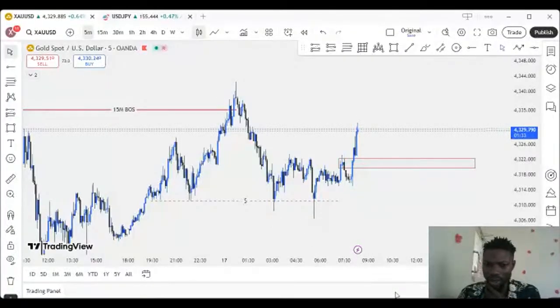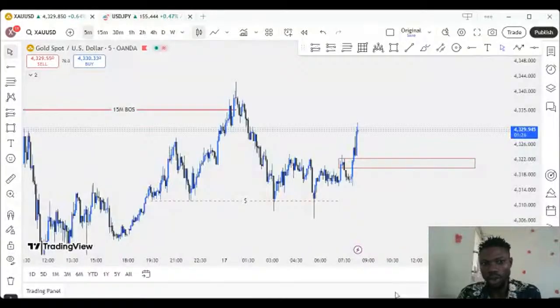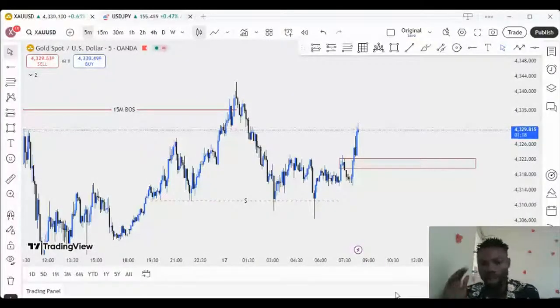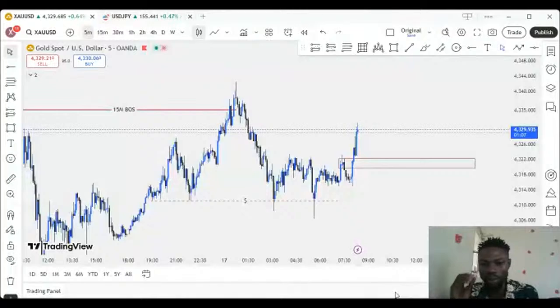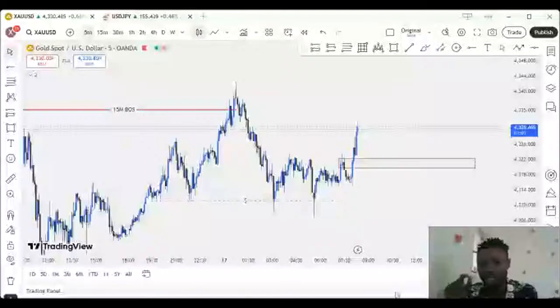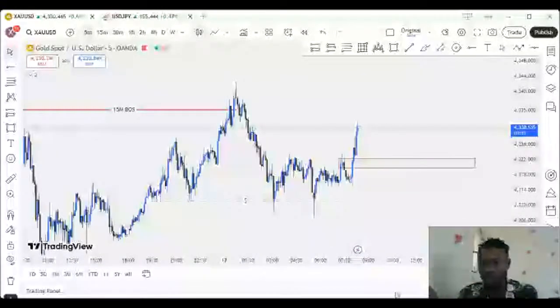And please, don't forget, like I always tell people, risk management is one of the key skills you can have in trading. If you don't know how to manage risk, even if you want to be a successful trader, you'll be losing, because there's no trader that does not have their own losses. Every trader has their own losing trade. But what is different is that beginners don't pay close attention to risk management. And risk management is one of the key skills you can have in trading.